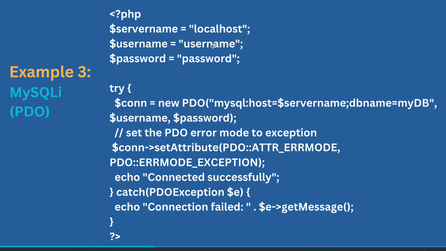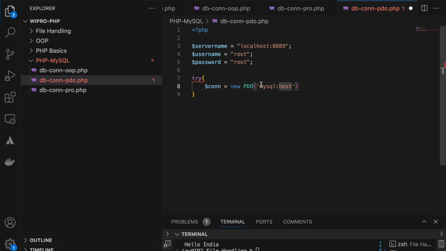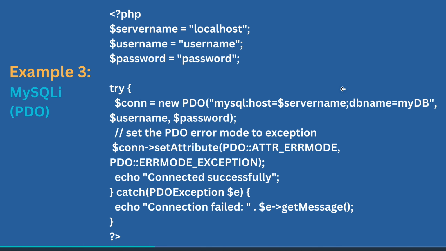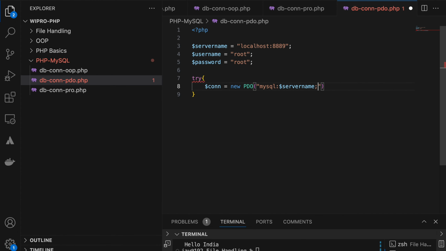Here, then server name, host. Here you see.